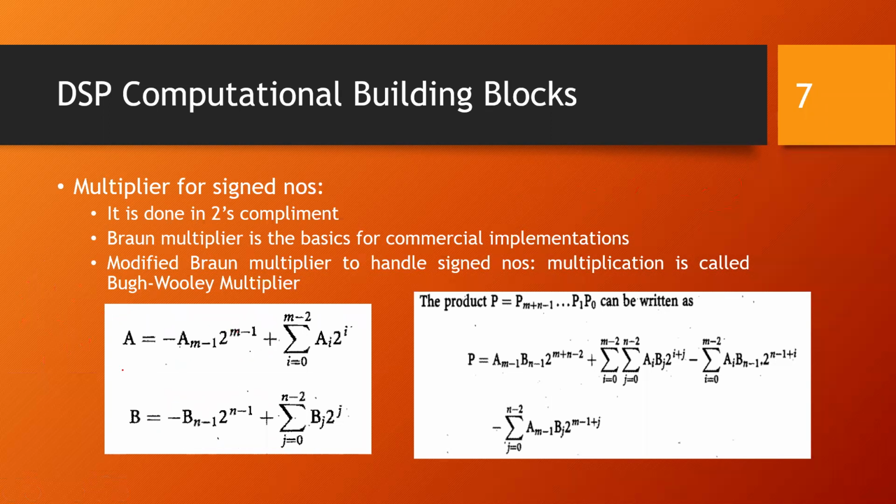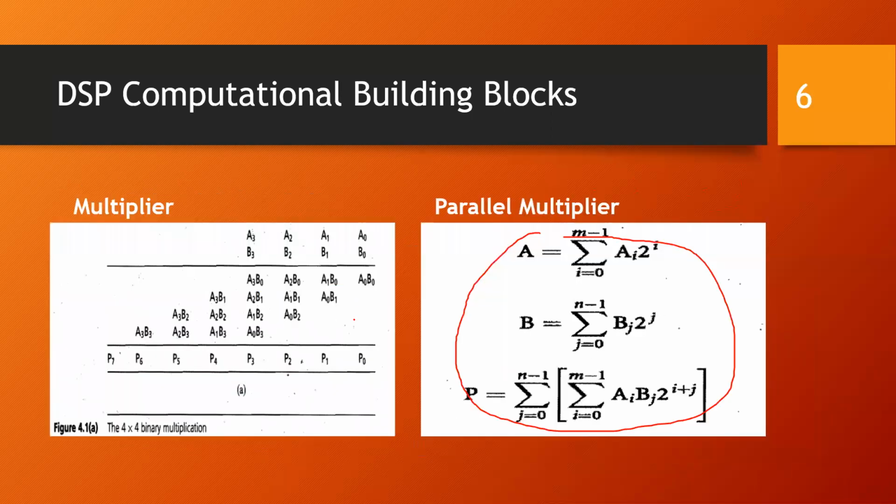Now, what I wanted to stress is, whether you're doing it in signed or unsigned operation, you convert this into 2's complement and then you go ahead. So the sign bit is taken care of. Now, the multiplication operation remains the same. So this is the implementation. This implementation remains the same.